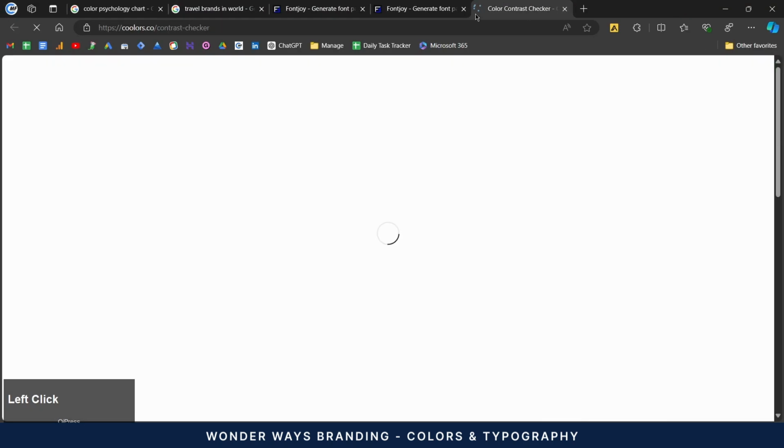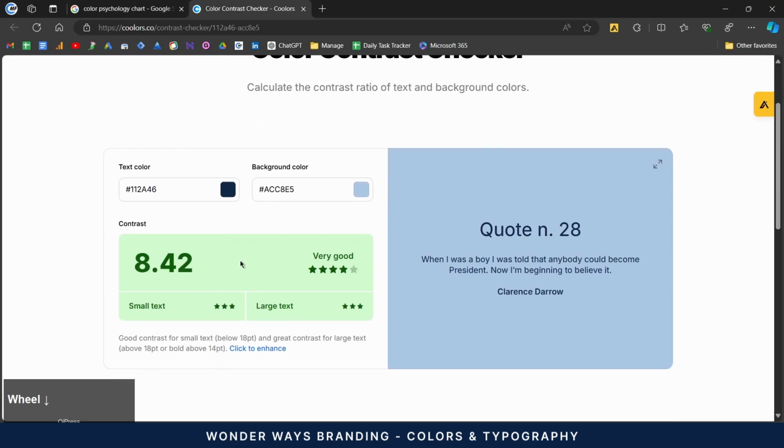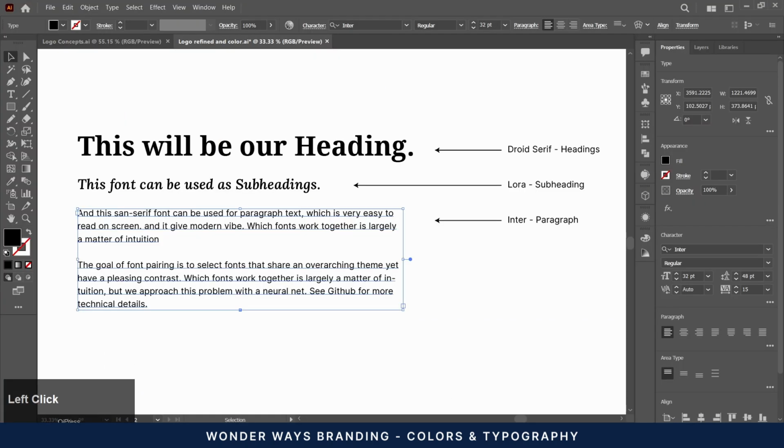Now, we'll combine the colors and text, experimenting to see which font color works best on different background colors.